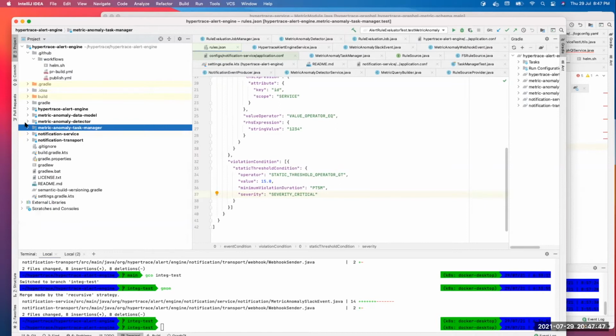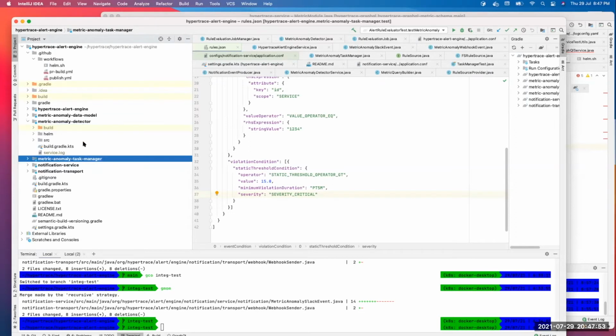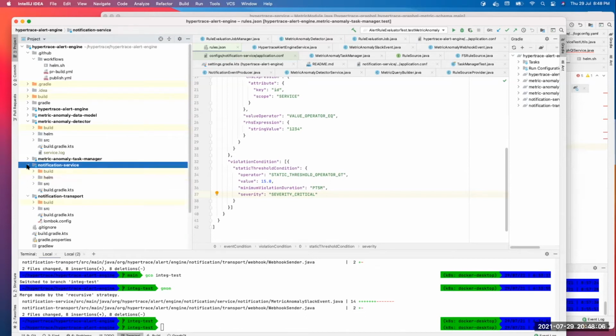This rule part will create a message on a Kafka topic, which will be up for consumption by the actual detector, which does the evaluation part by querying the data from Pinot. And lastly, we have the notification service, which is going to send out the notification on whatever destination you have chosen.